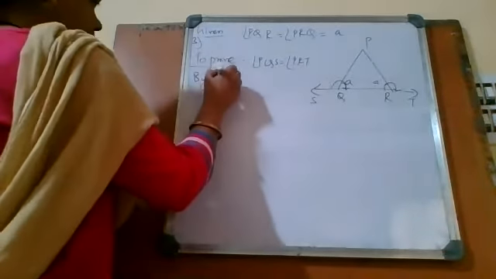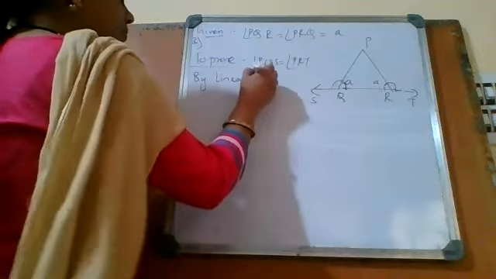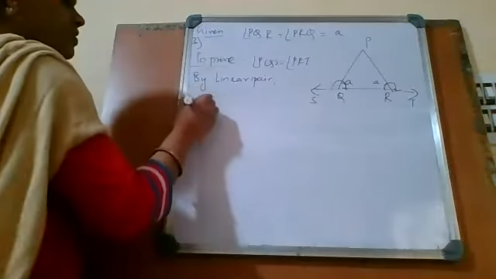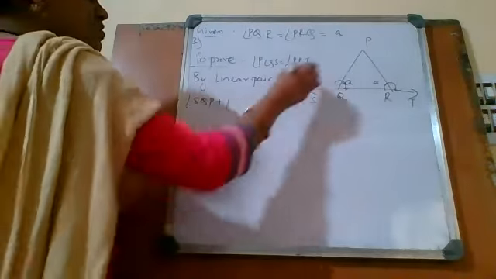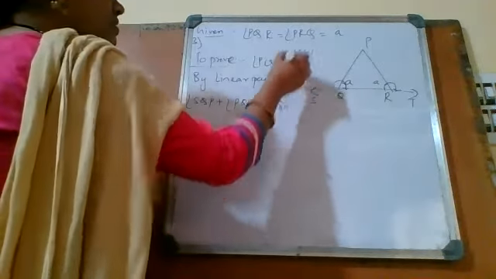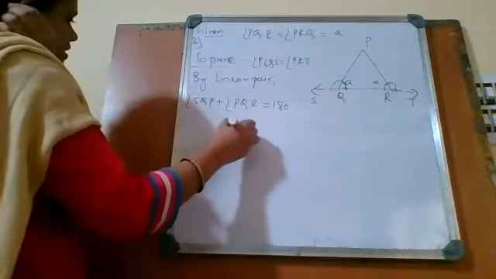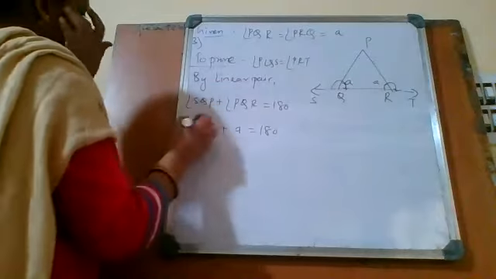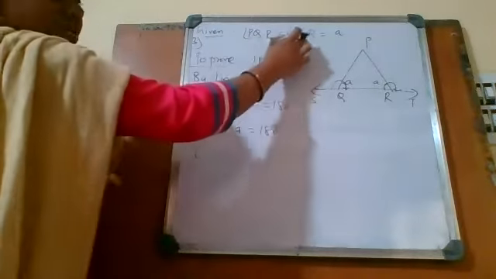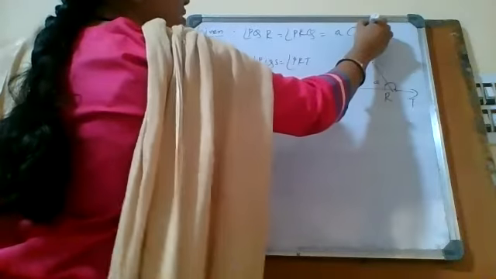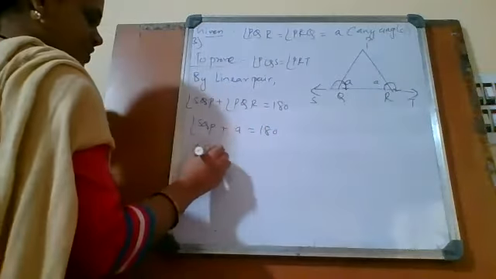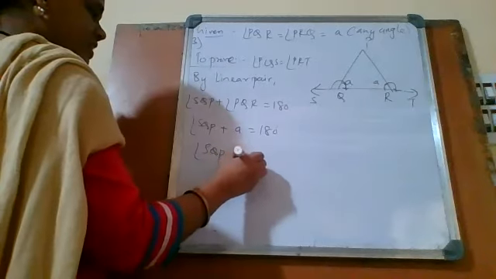Bilinear pair. We'll take these two first. SQP. Listen to the class, all of you. Please listen to the class. Don't write the notes. I'll give the notes later. You should listen to the class. This value we have taken as a must be equal to 180. SQP. Therefore, a you bring to the right side. This can be any angle. Therefore, SQP is equal to 180 minus a.